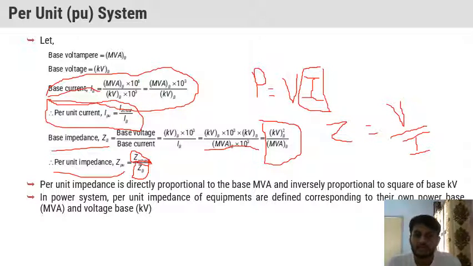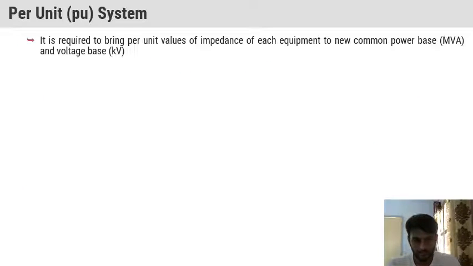So per unit impedance is directly proportional to the base MVA and inversely proportional to the square of the base voltage, which is already shown in the equation. In a power system, per unit impedances of equipment are defined corresponding to their own power base MVA and voltage. So this is the per unit impedance. It is required to bring per unit values of impedance of each equipment to a new common power base MVA and KV. Okay, so now another problem is that